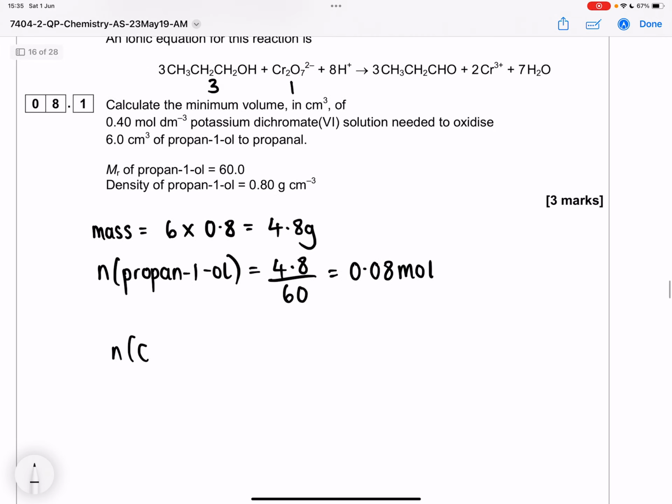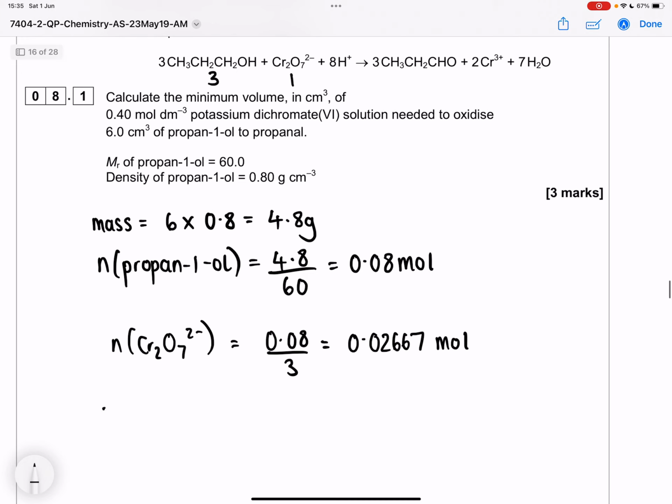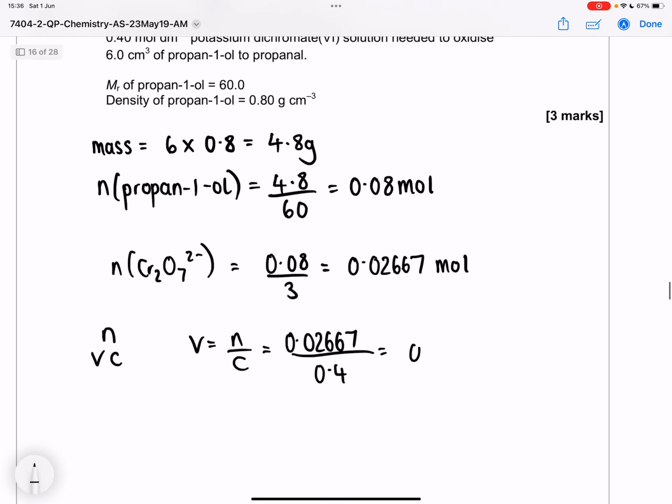So the moles of Cr2O7 2- is 0.08 over 3, which is 0.02667. And volume, so if moles are very clever, then volume is moles over concentration. So 0.02667 divided by 0.4. And that's coming out to be